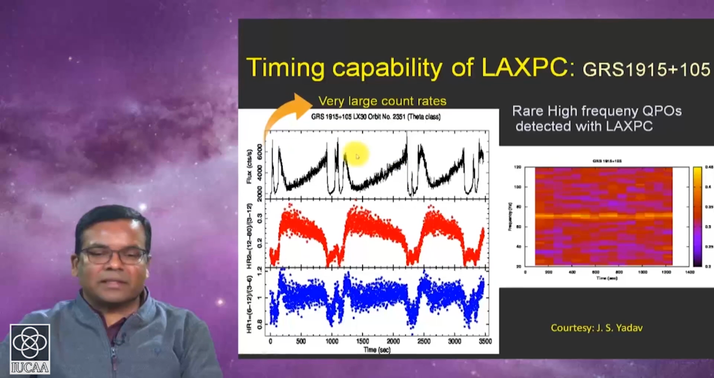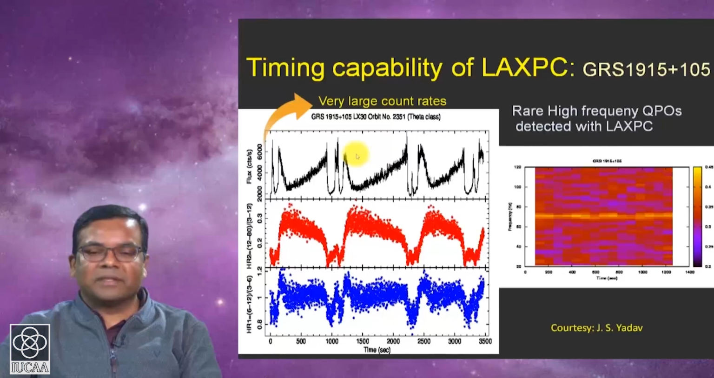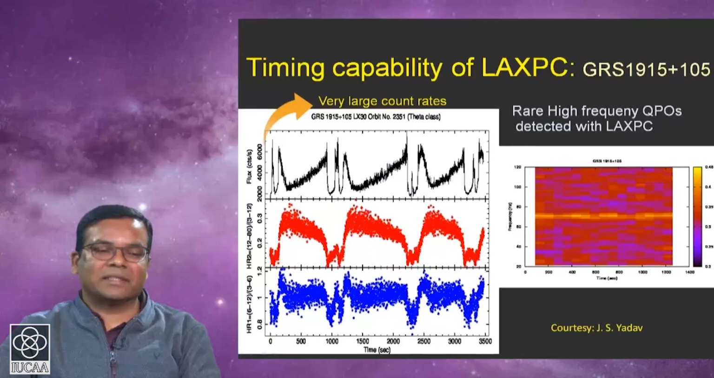These observations demonstrate the timing capability of the LAXPC instrument. Here is the time series of X-ray photons detected with LAXPC. You see on the y-axis the X-ray photon counts per second, in the range of 4,000 to 6,000. So, this detector is detecting many thousands of photons every second, and these photons are detected with a time resolution of, as I mentioned, 10 microseconds. So one can study very fine, very fast variability of these